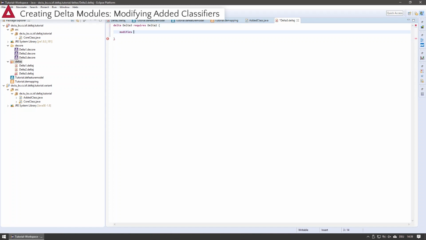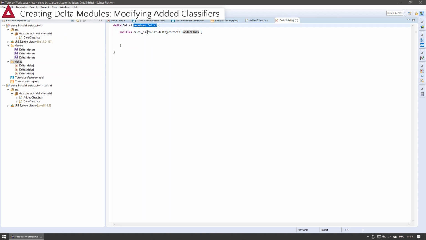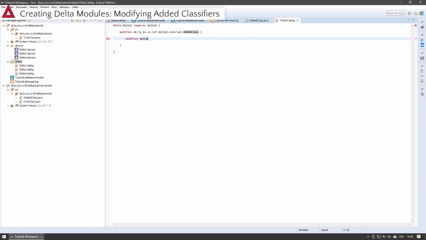I can then work with my edit class just as I would work with a core class. As I want to show you something new, I am going to alter the content of the dummy method I implemented in my edit class. This operation will replace the original implementation of a targeted method. However, it is possible to call the original implementation of the targeted method by using an original call.